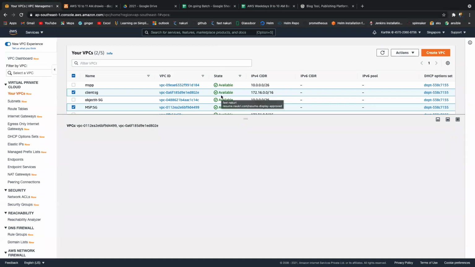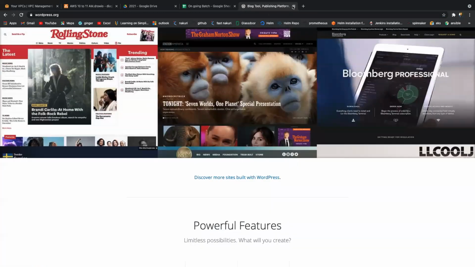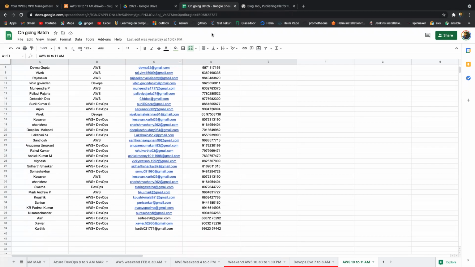And did you configure the MFA, multi-factor authentication? Not yet. Okay, fine. So you have to configure multi-factor authentication as well. I will guide you on how to do that. And everyone has Google Drive access, I believe, right?